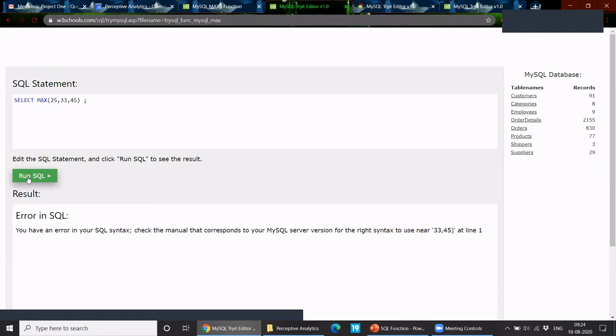But if I have to compare between multiple columns, column A, column B, column C, and I want to get the maximum value of these three columns as a new column at each row, then I'll use greatest. Greatest or least will give you the greatest or least across columns. Max and min will give you the maximum and minimum in a single column that you specify.